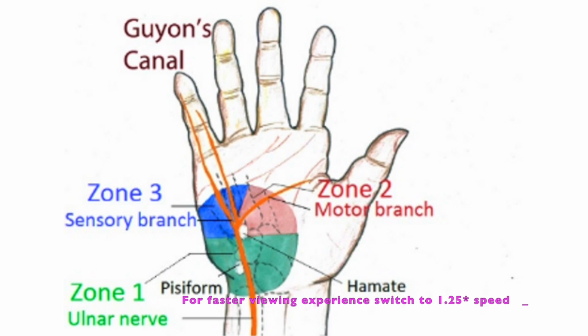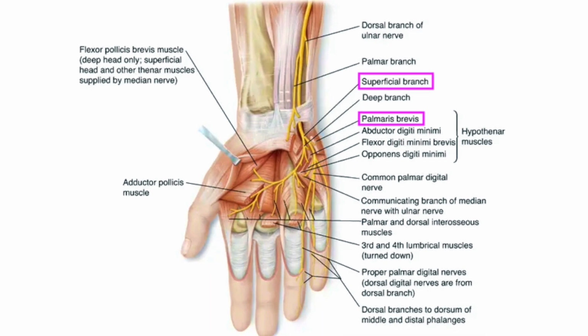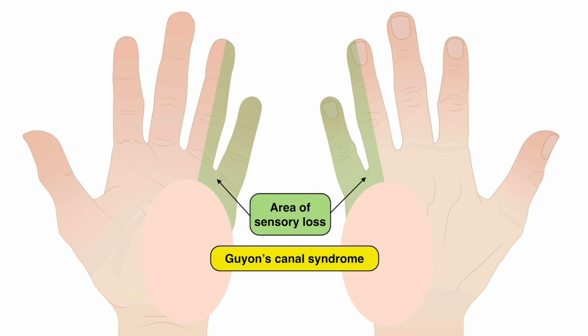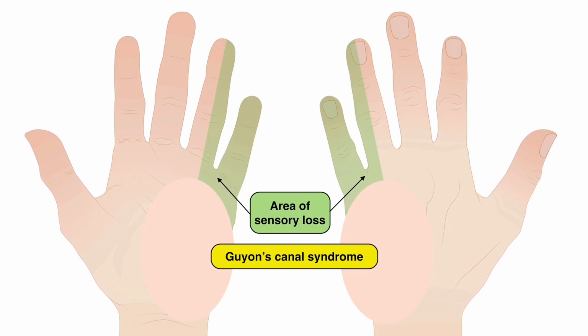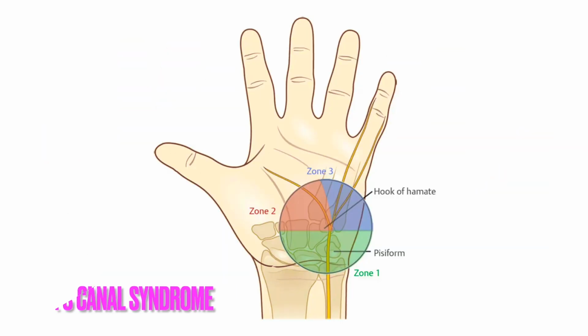Now, zone 3 is the least common, with minimal damage, and that is the injury of the superficial branch of the ulnar nerve. You know that the superficial branch is mainly sensory. It gives cutaneous innervation to the medial 1.5 digits and a single motor branch to the subcutaneous muscle called palmaris brevis. So in case of type 3 injury, there will be mainly sensory loss, but there will be hardly much motor loss. So you have these three zones, the three types of injuries of the ulnar nerve related to Guyon's